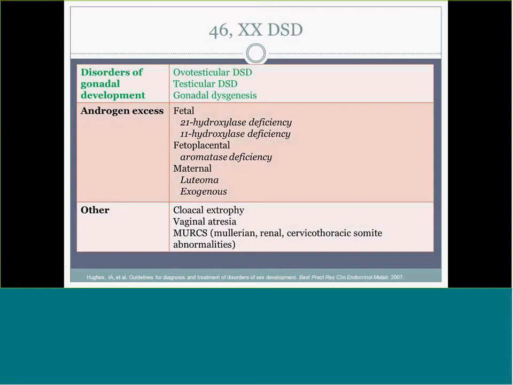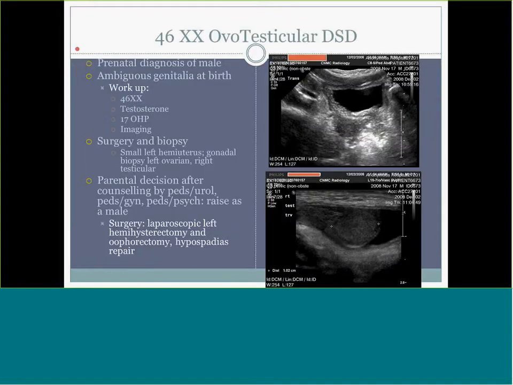Oh my goodness. For the 46XX, you can have Ovotesticular DSD, Testicular DSD, Gonadal dysgenesis, and then you can have androgen excess, whether it's from the baby, placental, or mom, and then you have the others. So this is a case we had here. This was a baby that was told was a boy. The ultrasound, when the baby was born, had ambiguous genitalia. They did a workup which revealed 46XX. The testosterone was elevated. The 17-hydroxyprogesterone was normal, so there was no